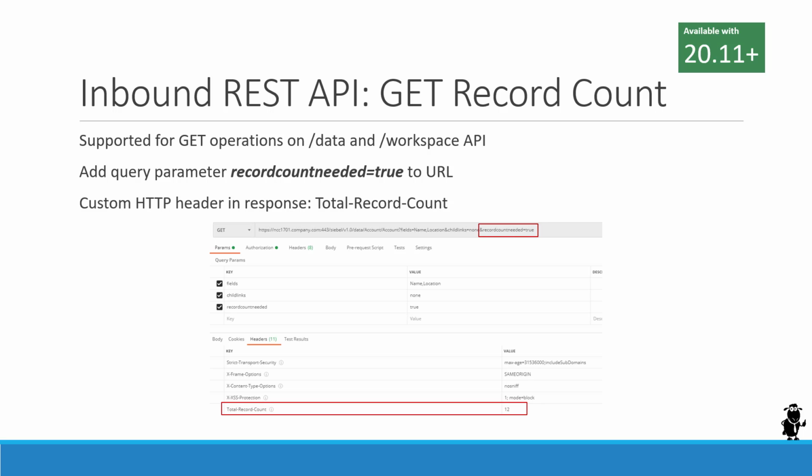And if that is present with a value of true, then the application executes an additional query to retrieve the total record count and adds a response HTTP header named total-record-count. As you can see in the screenshot below, the query has 12 records as a total result. So that is counting the visibility of records for the user, or the view mode that is set in the